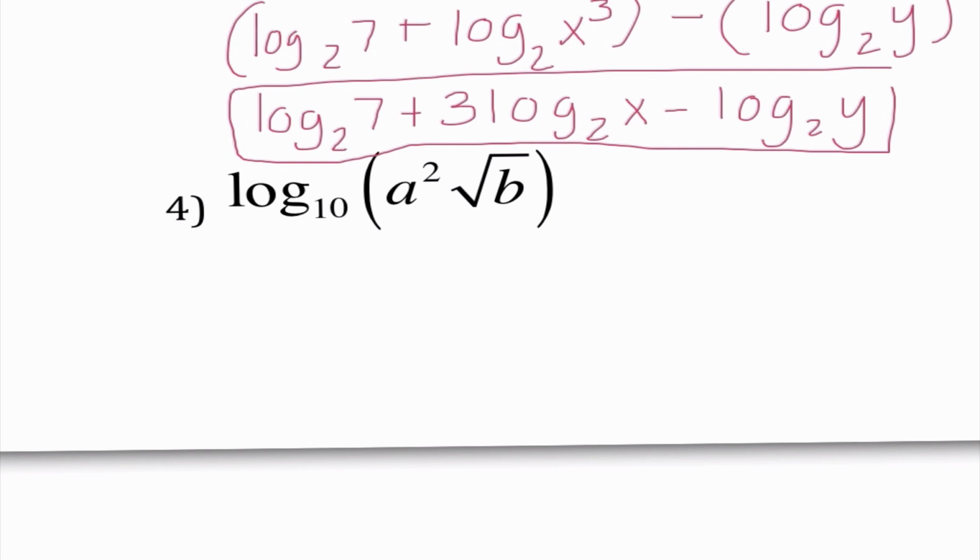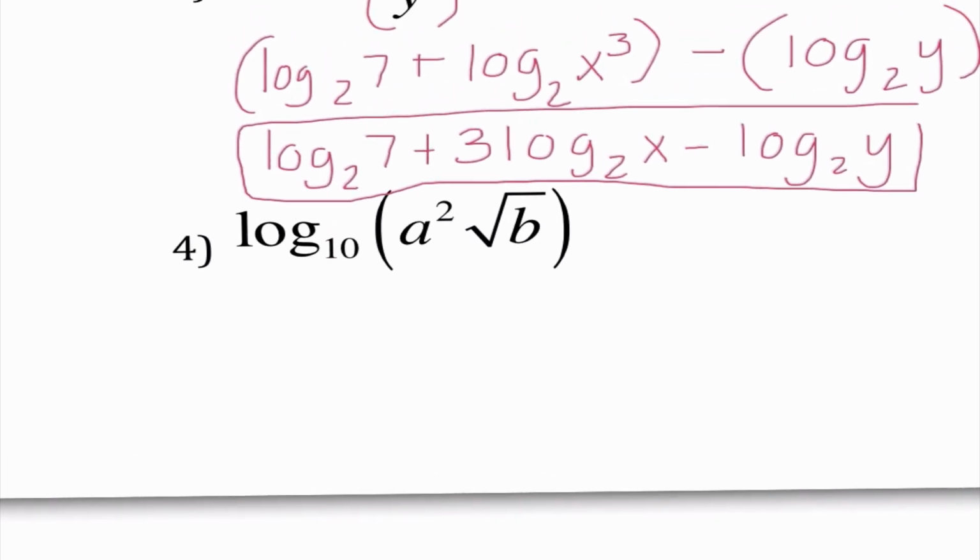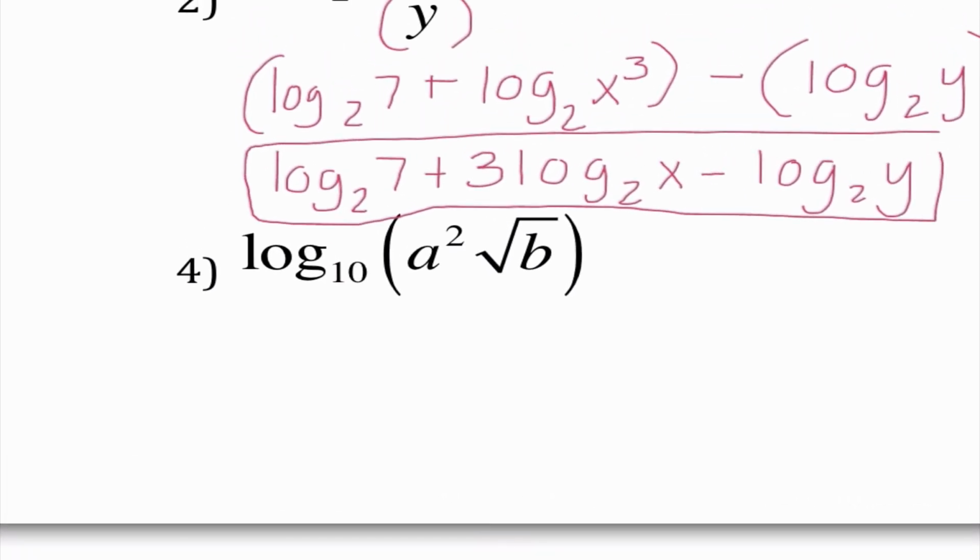Number 4 here, this is the only time that it would actually be okay to not write our base, because I know log base 10 is our common logarithm that we can just denote as log. Now something kind of weird is happening on this one, and what I'm noticing is this whole square root of b. So the first thing that I'm actually going to do here is I'm going to rewrite the square root